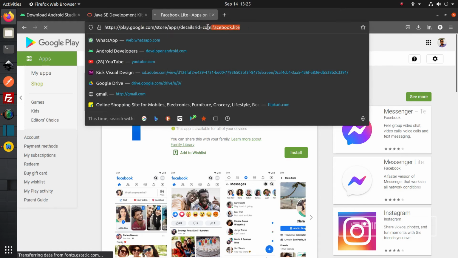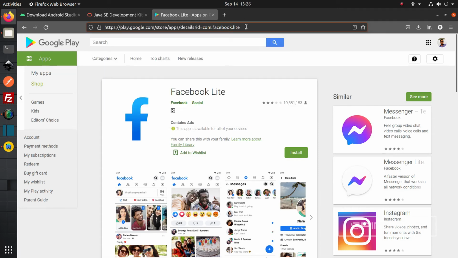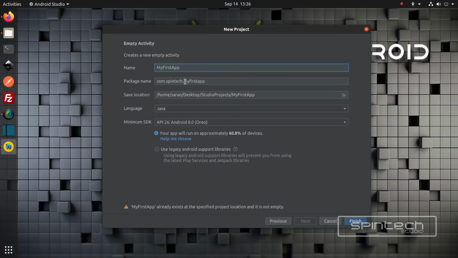This is the package name of Facebook. Similarly, our package name is com.spintech.myfirstapp. Next, we have to select the location where we need to save our application and then need to select